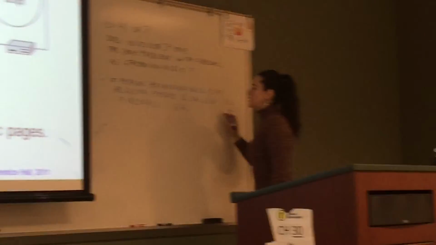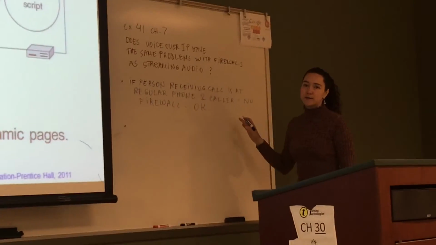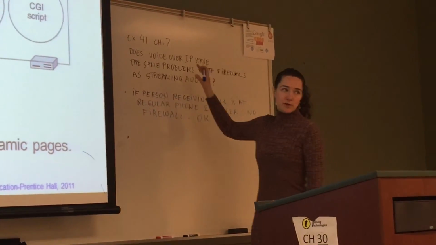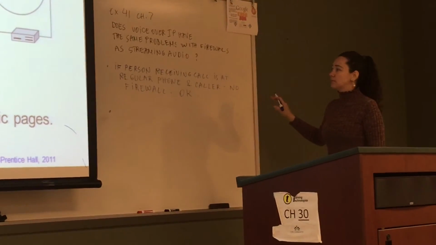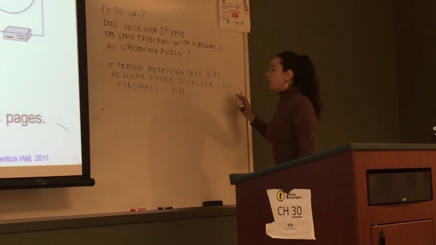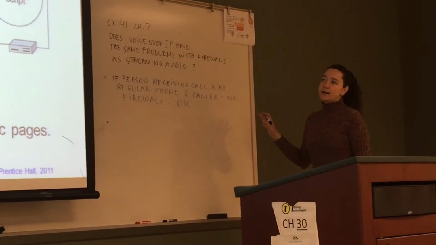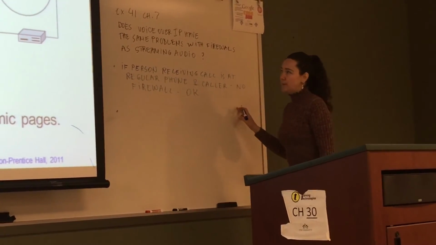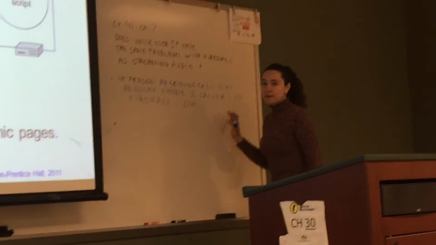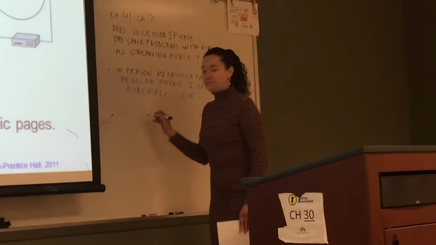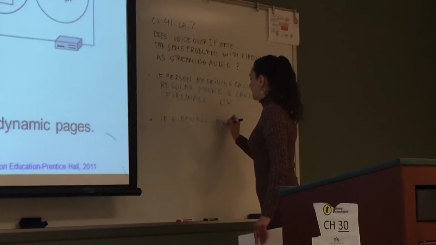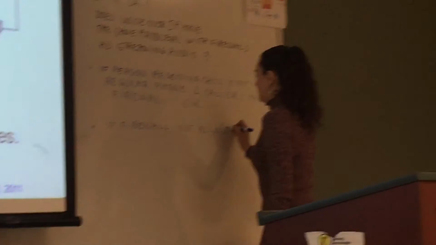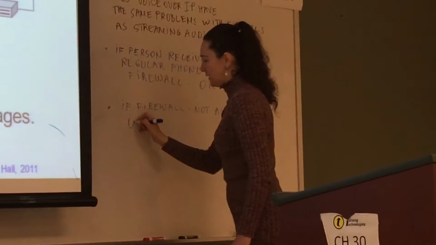Okay, right. So what he's saying is if the person who is receiving the call is on a regular phone line, because we can use voice over IP to call regular telephones. So if the person that gets the phone call is on a regular phone, and the calling person does not have a firewall that is stopping voice over IP, then it will be fine. However, if there is a firewall which is not allowing UDP packets, then the voice over IP will not